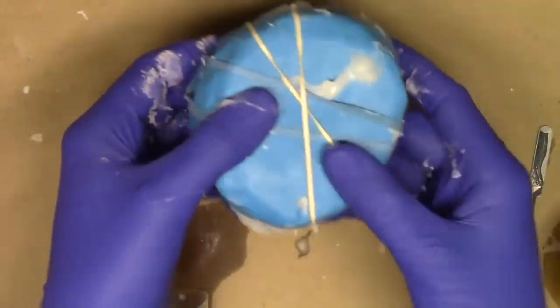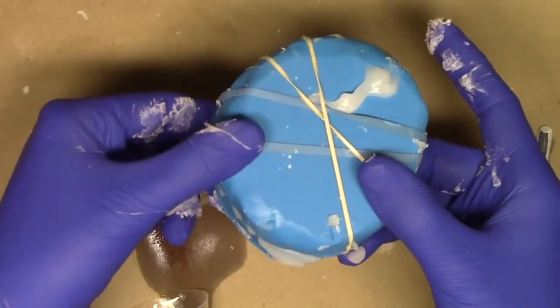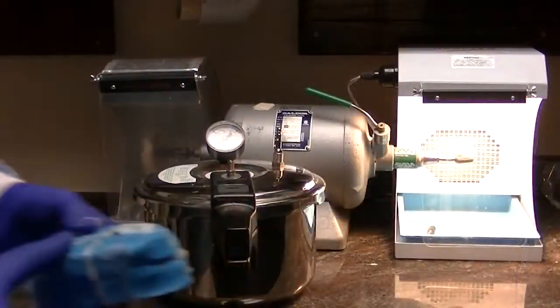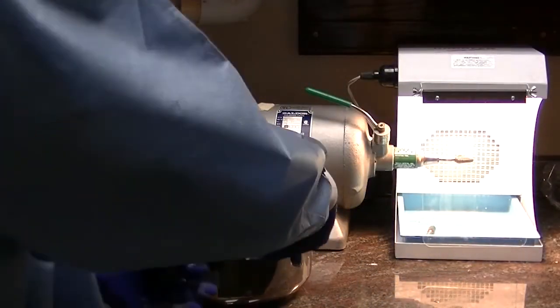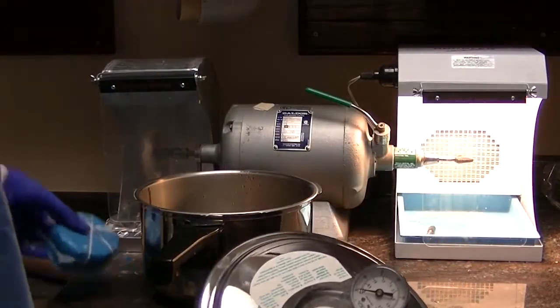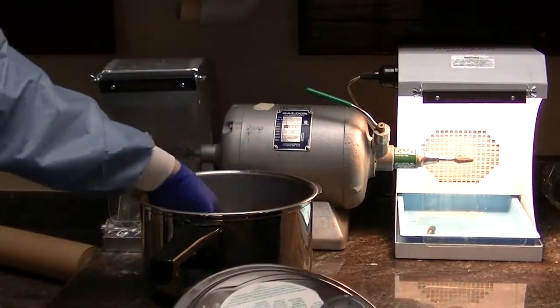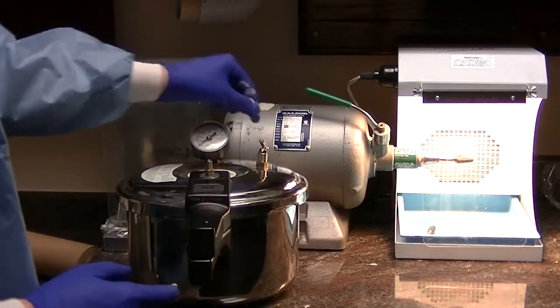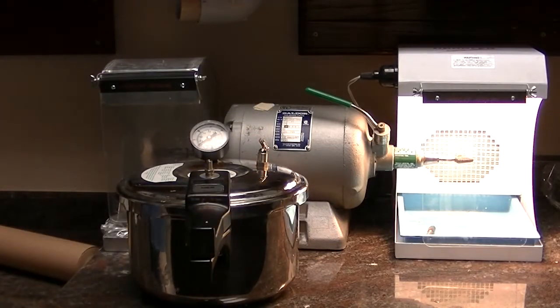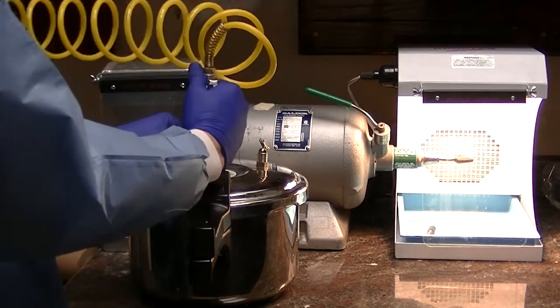There we go. Perfect. And now this is ready to go into my pressure pot. As I take this over to the pressure pot, I hit the button, open it up, and take my putty. It goes into warm water, not boiling. Close it, and then apply pressure until it hits 20 psi,